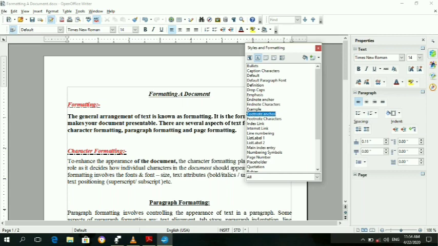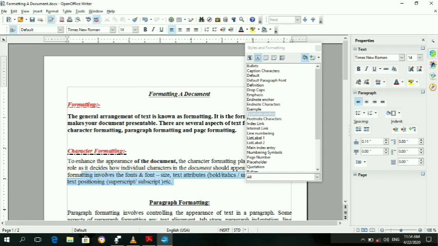Footnote Anchor. Then click on the Fill Format mode icon. Once you click on the Fill Format mode icon in the Styles and Formatting window, your cursor changes from an arrow to the fill color. Then select the character or paragraph where you want to apply this.